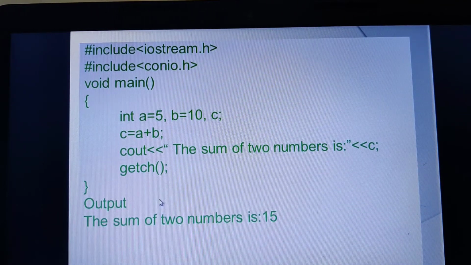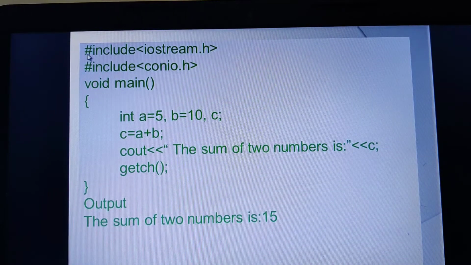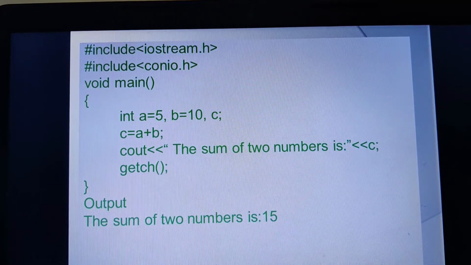punctuators, for example flower brackets, round brackets, hash, comma operator, semicolon, all these come under the punctuators. But they themselves independently cannot be used. Usually they will be abided by some programming elements. So that's all about what we have discussed in the previous class.